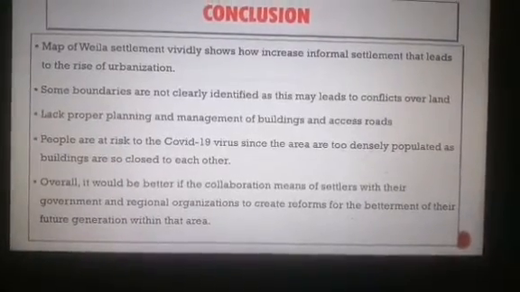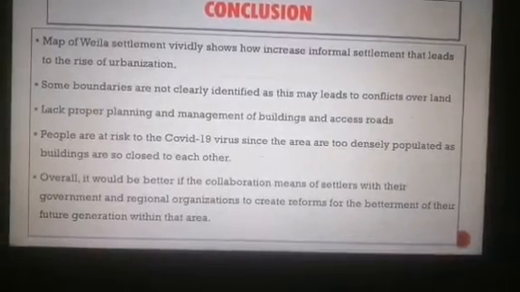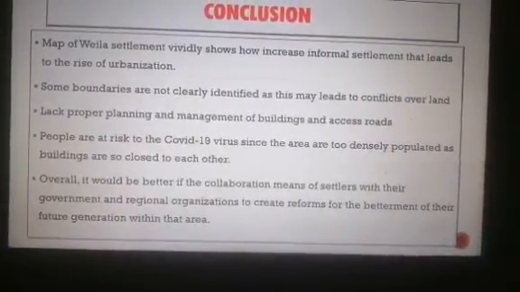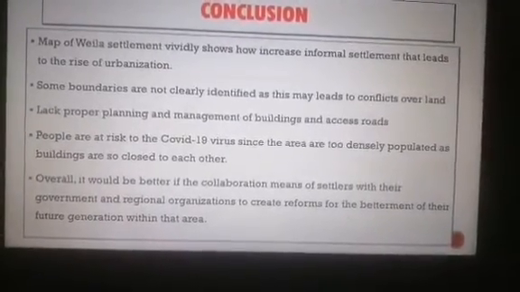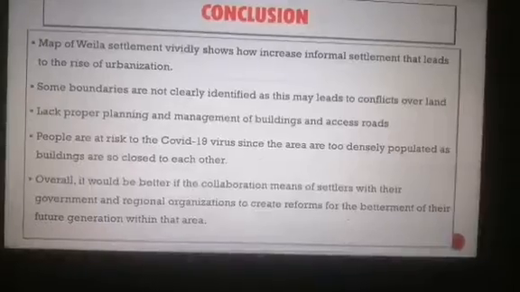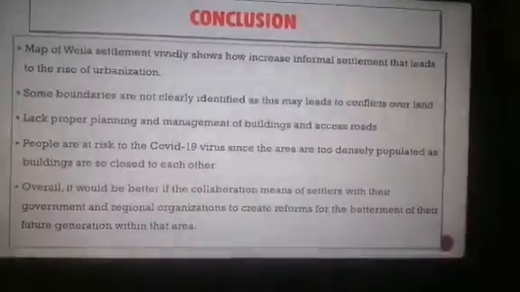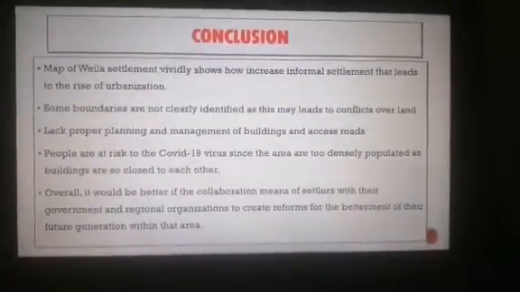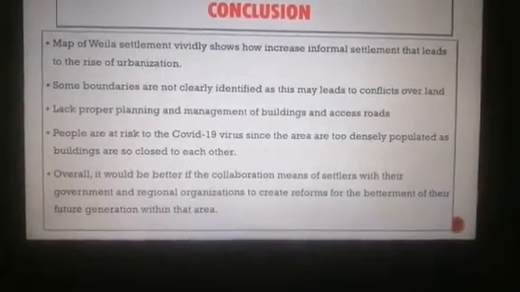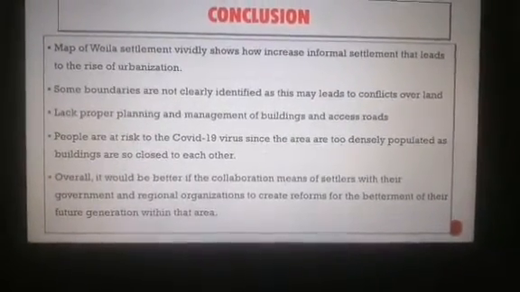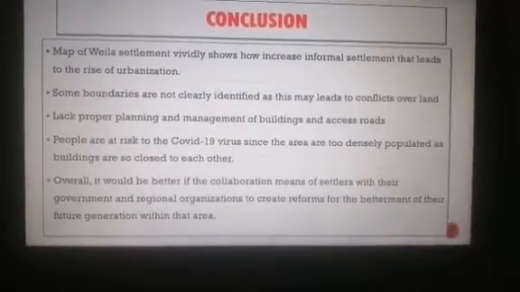This is because some areas are not clearly identified, for the lack of proper planning and management of buildings, and then the high risk of getting the COVID-19 virus as we are in such a situation. Overall, it would be better if the settlers at Wailea settlement collaborated with the government and